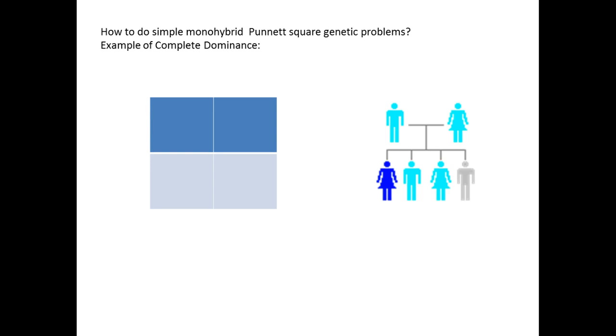Now with the genetic problem set, first of all we're going to do complete dominance, which is a simple monohybrid Punnett square. Now what does that mean? It means that we're looking at one trait, and when we say complete dominance we mean one trait is stronger and will show up in its presence. So if the allele is there, you'll show that trait. And the other trait is a recessive allele, or a weaker trait, that does not show up in the presence